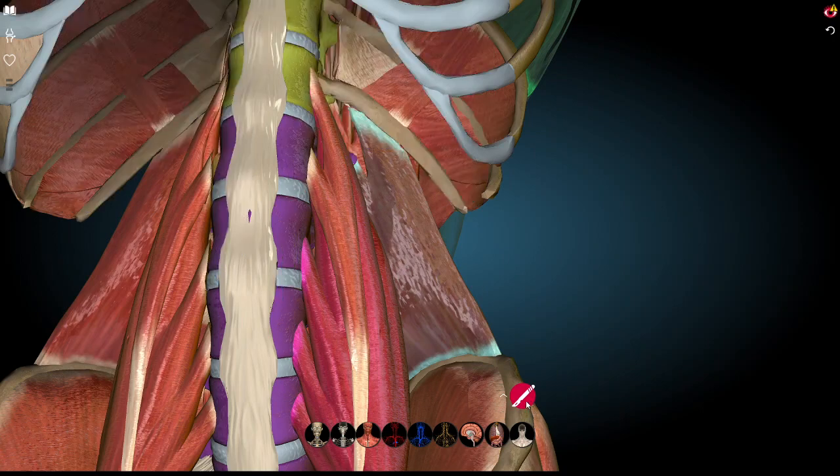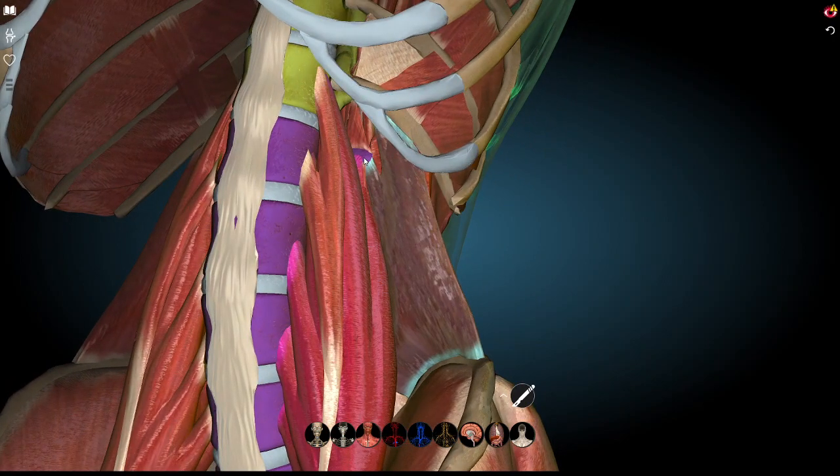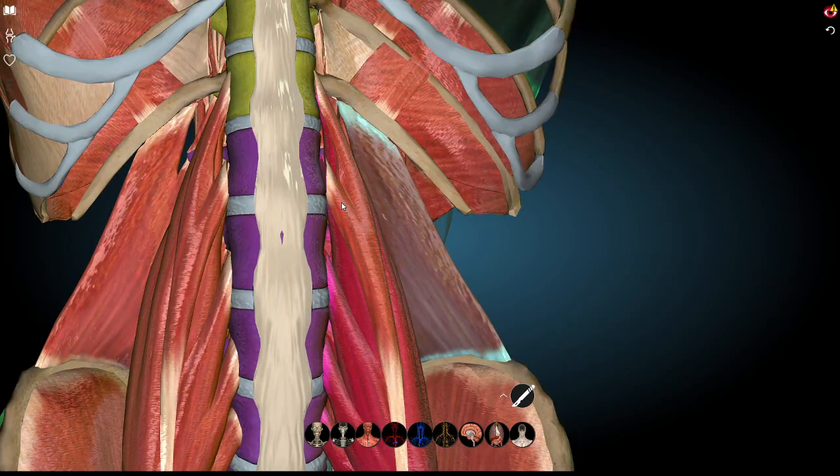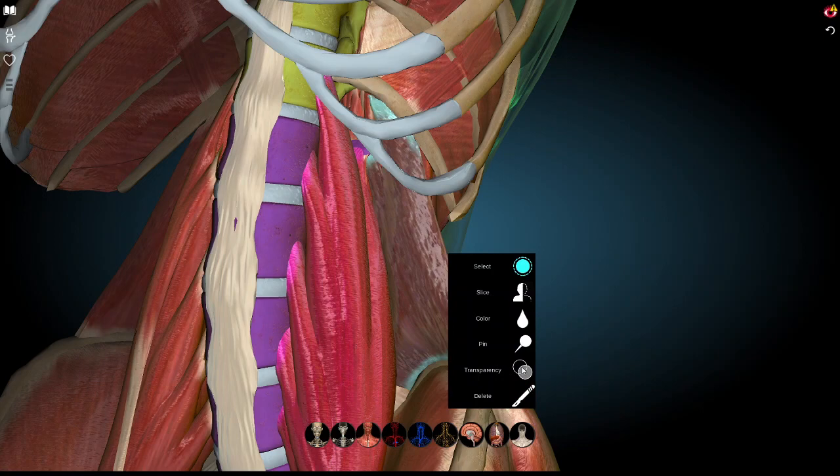Now you are able to see that it is attached on the lower border of the 12th rib on its anterior surface in its medial part, but it also attaches on the anterior surface of transverse processes of lumbar vertebrae lateral to the vertical ridge. Medial to the vertical ridge, there is attachment of this muscle, which is the psoas major muscle. If I just remove the psoas minor, this is the psoas minor, and if I make the psoas major muscle